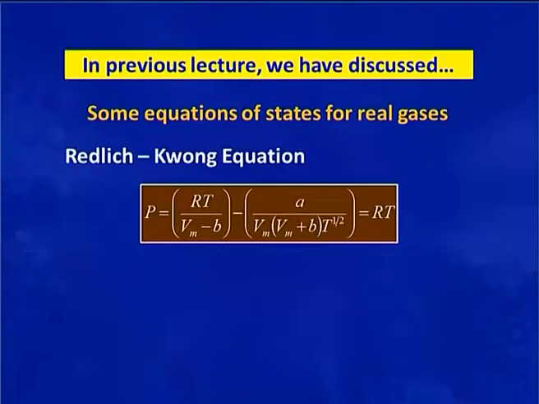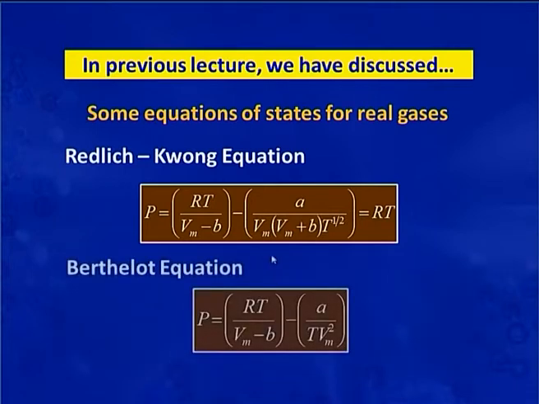In the previous lecture, we discussed the Redlich-Kwong equation, that is P is equal to RT by Vm minus B minus A by Vm, Vm plus B into T to the power 1 by 2. Then we discussed Berthelot equation, that is P is equal to RT by Vm minus B minus A by T Vm